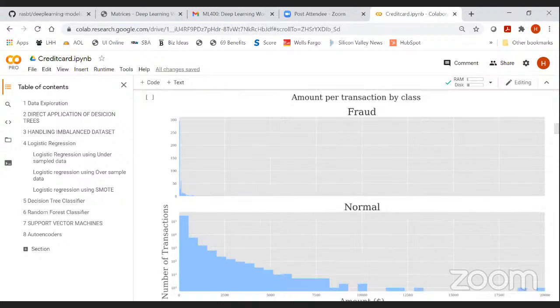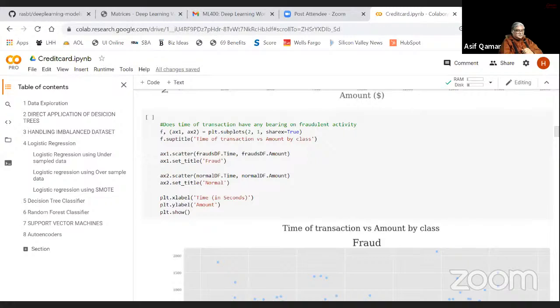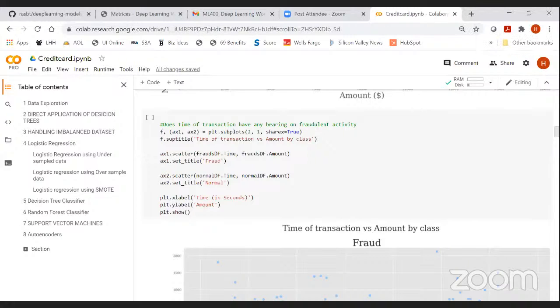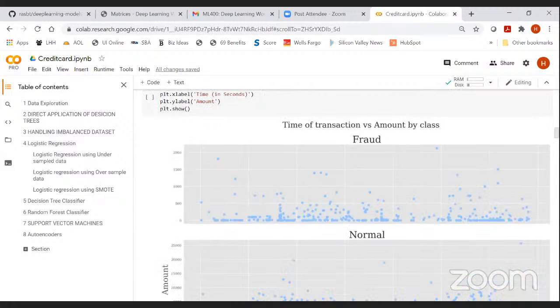Thanks for that input, Harini. So yeah, this is a good plot. Now I tried to see the time, what effect it has on fraud and non-fraud. If you see here,